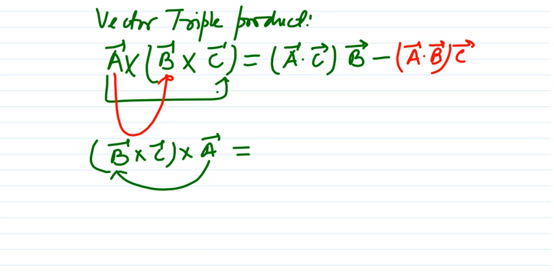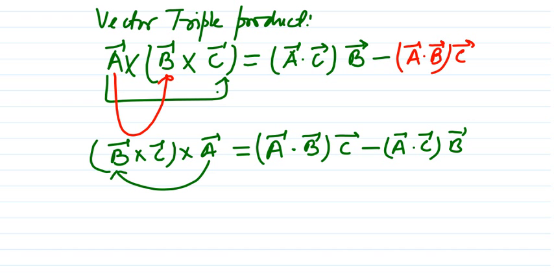Take the dot product of this vector A, not with the adjacent vector. So A dot B, remaining vector C will take the ordinary multiplication with this one, minus the dot product of A with the remaining vector C, and other vector is B. So if you look at this first relation and this second relation, you can say that A cross B cross C